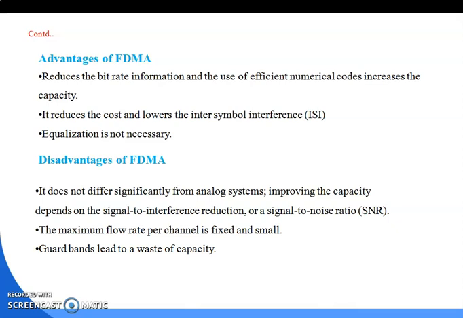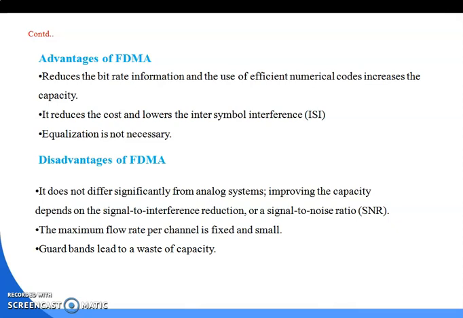But in case of the disadvantages, it does not differ significantly from an analog system. Improving the capacity depends upon the signal to interference reduction or signal to noise ratio. The maximum flow rate for a channel is fixed and small, so it is a fixed flow control.